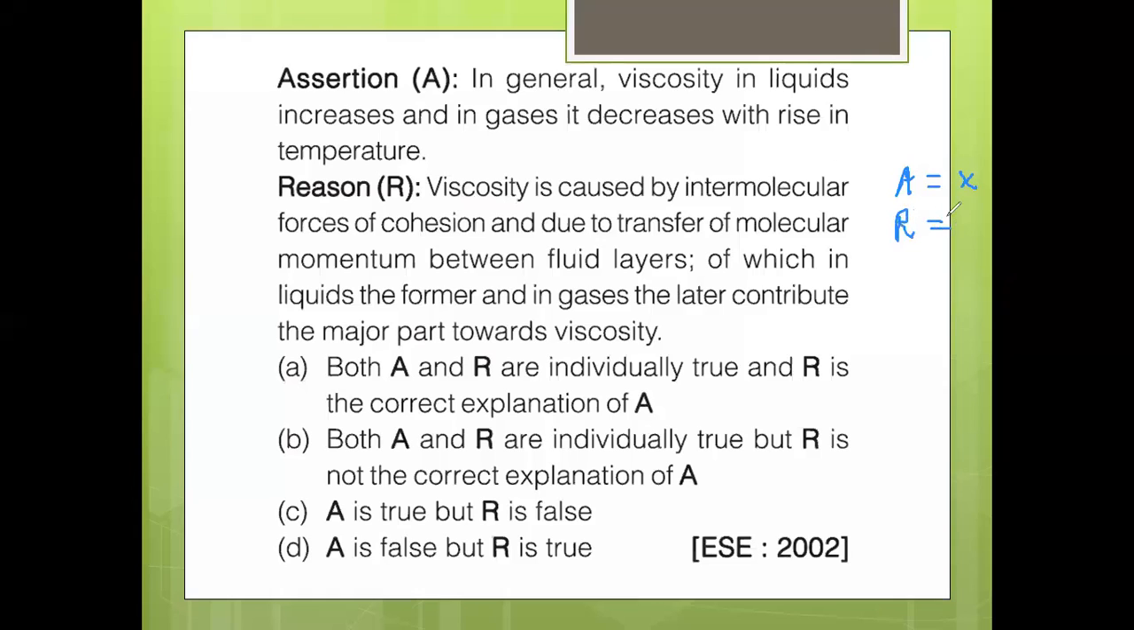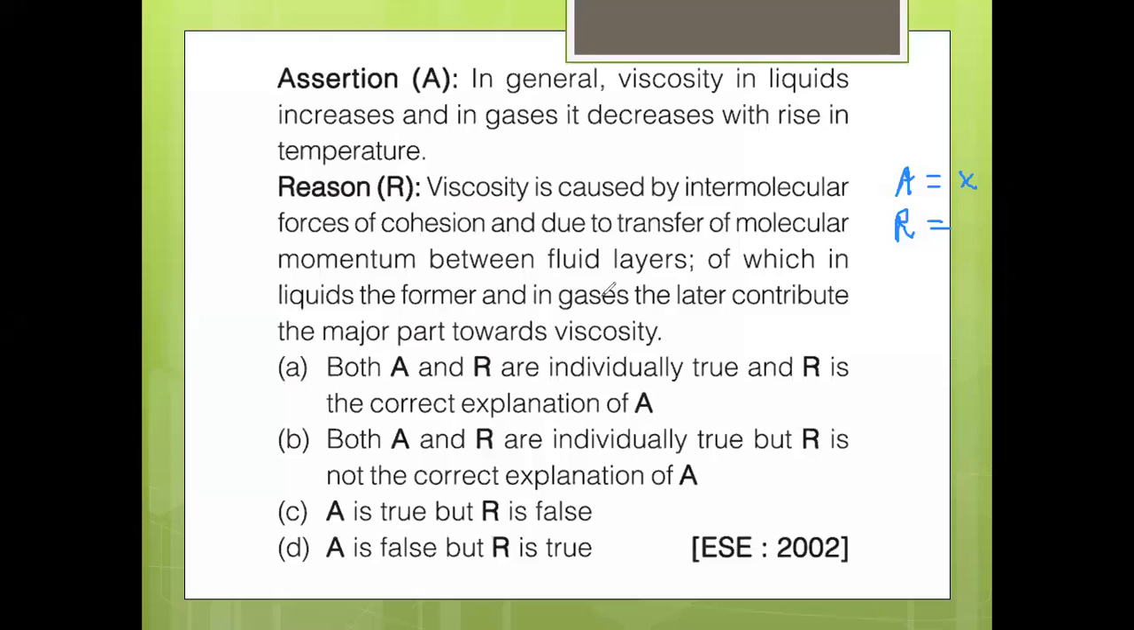What is the reason? Viscosity is caused by intermolecular force of cohesion and due to the transfer of molecular momentum between the fluid layers, of which in liquid the former and in gases the latter contribute the major part toward the viscosity. Former means previous one, latter means next one. What is the former? Of which in liquids the former and gases the latter. Former is the intermolecular force of cohesion, that is correct, and for the gases transfer of molecular momentum,